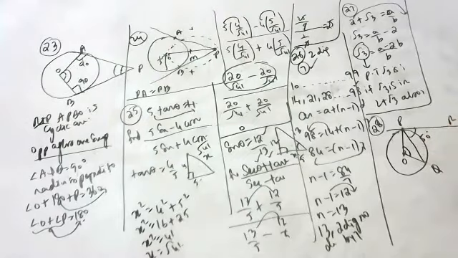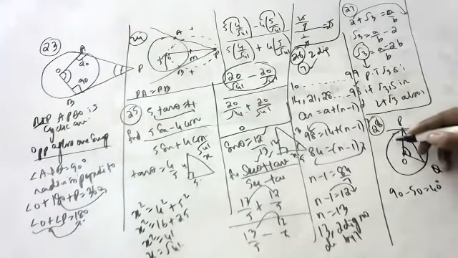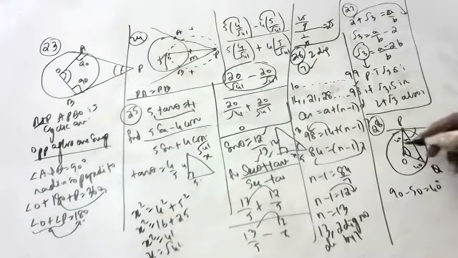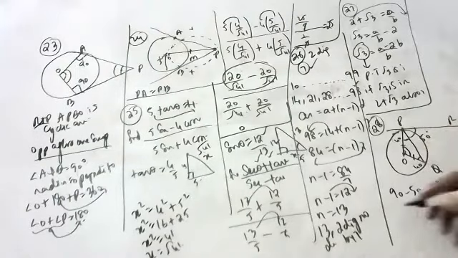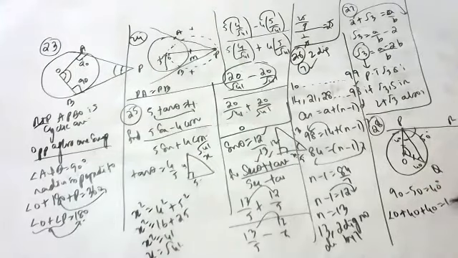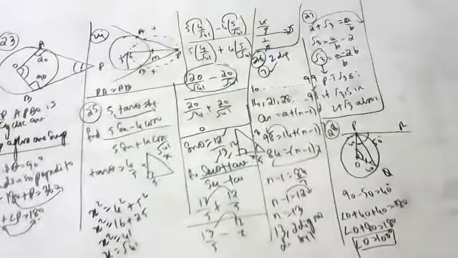Sir, can I say? Yeah. First find this angle. How much? Yes sir, that is 40, because tangent is perpendicular to radius. So this is 40. Angles at P and Q are equal, base angles. This is also 40 degrees. Why? Because base angles are equal. By angle sum property, 40 plus 40 plus angle O is equal to 180. Angle O is equal to 100 degrees. Therefore angle POQ is equal to 100 degrees.